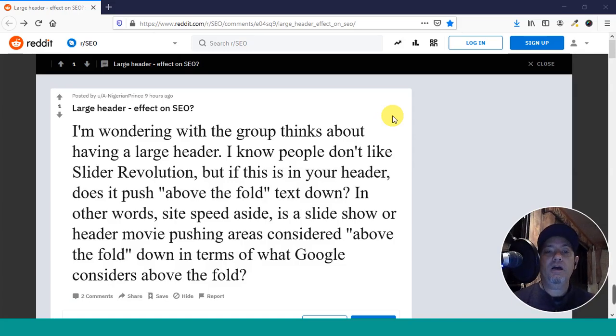Anyway, I know a lot of people don't like it, but if this is in your header, does it push the above the fold text down? So what this person is saying is above the fold. Again, we talked about this before, but it's a term